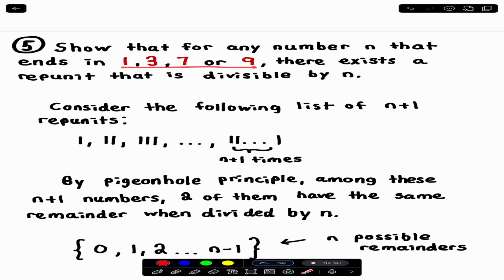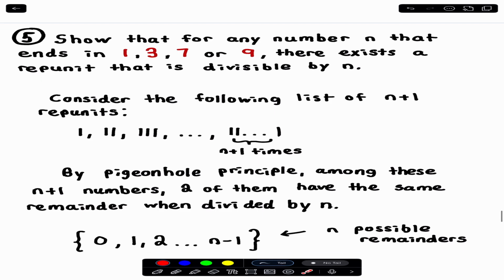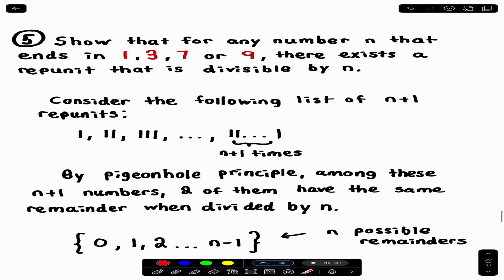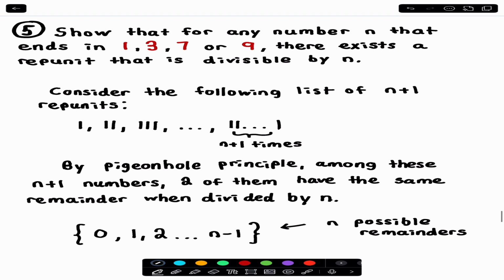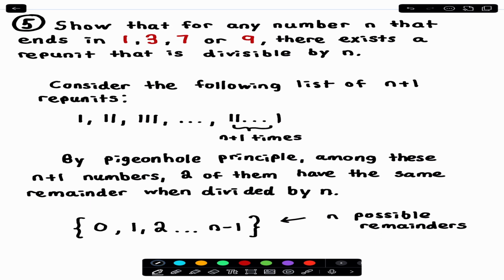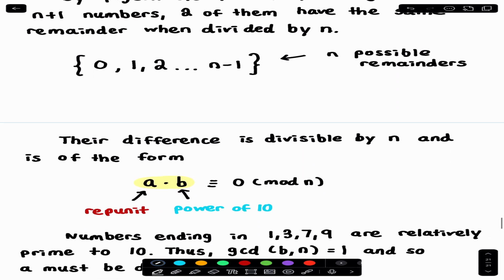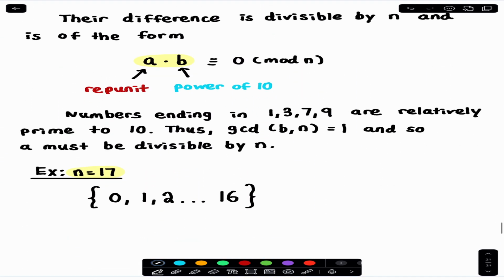Now, there's nothing special or fancy about the number 17, so long as your number follows these conditions, so it ends in either 1, 3, 7, or 9, we can be 100% certain by this procedure the existence of a rep unit that is divisible by n. So indeed, there will always exist a unique rep unit divisible by n. And I think that's a pretty cool, fancy problem to end off on,